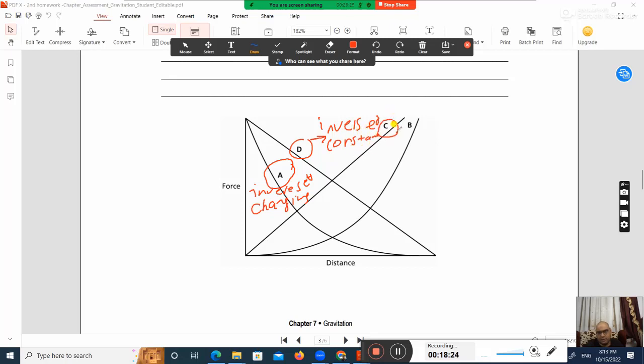Number C represents a direct and constant relation. Number B remains, which represents a direct and changing relation, not constant. The ratio changes from one moment to another. Okay. He is asking about